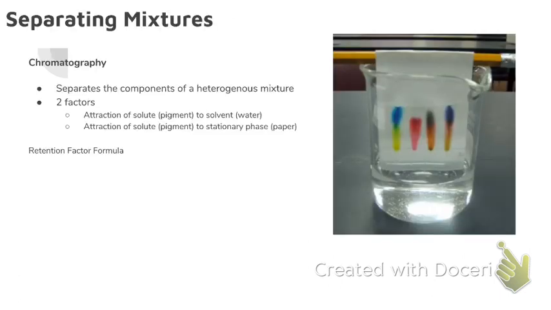And then the last one is chromatography. Chromatography is when you use water or some type of solvent to push a solute. In this case, a lot of people use pigments, some type of color, and it'll separate them by pushing the pigments up the filter paper. As it pushes them up the filter paper, some of the pigment, like this yellow pigment, is actually a little more attracted